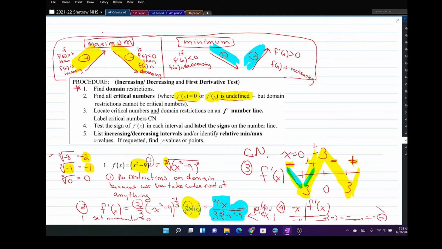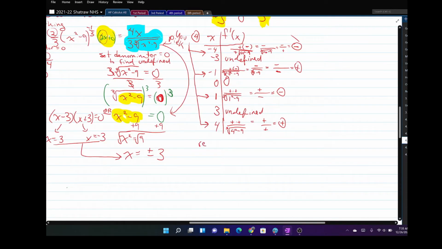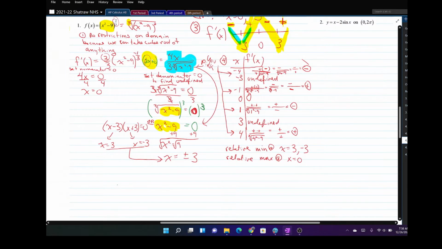And so I want to write some answers down now. We've been on this problem for a while. Here we go. So my relative minimums are at x equals 3 and -3, and my relative maximum is going to be at x equals 0. Now, he actually gives these as points, and so if you need to go in and evaluate the original function,